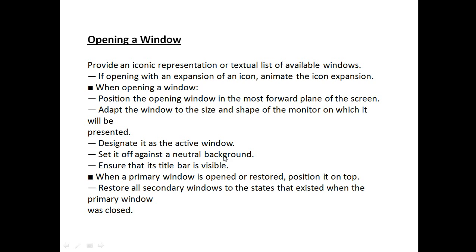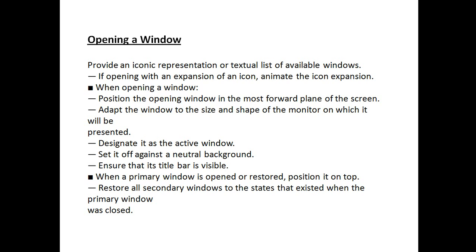Most of the time, just to highlight that particular window, we need to set it off against a neutral background, so that the window's title bar should and must be visible.